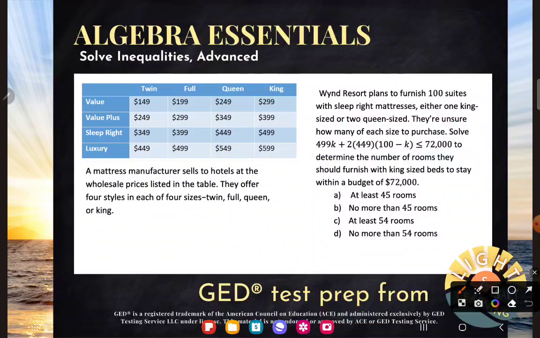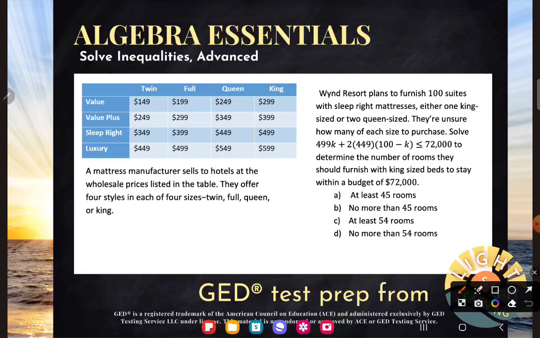And then Wind Resort plans to furnish 100 suites with sleep right mattresses, either 1 king-sized or 2 queen-sized. Interesting. Don't panic until you see what you're told to do. They're unsure of how many of each size to purchase. Solve this ugly inequality, 499K plus 2 times 449 times the quantity of 100 minus K is less than or equal to 72,000, to determine the number of rooms they should furnish with king-size beds to stay within a budget